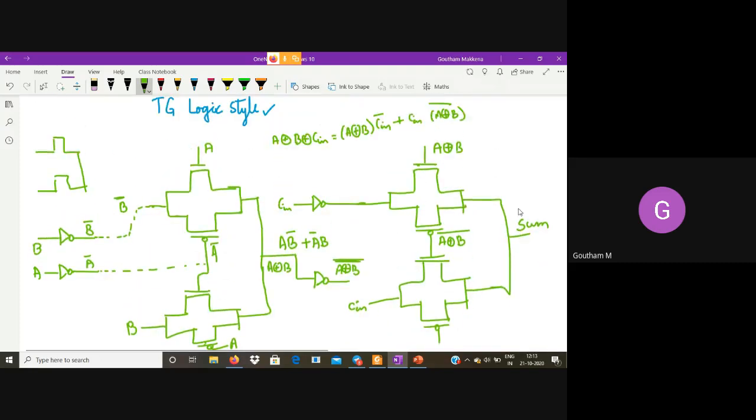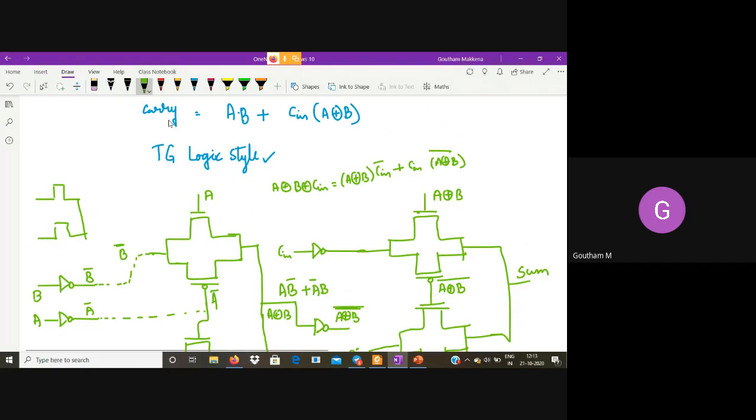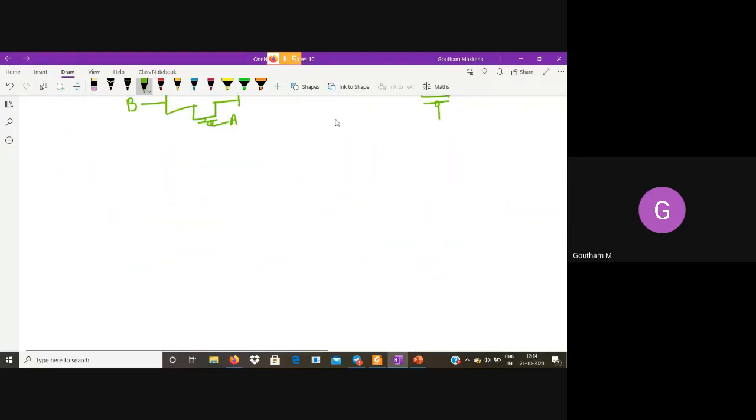Now I need carry out. Carry out is nothing but AB plus C into A XOR B. Now I'll do a small manipulation here.